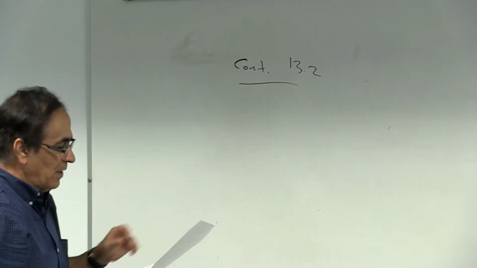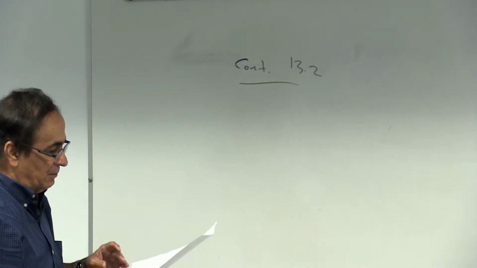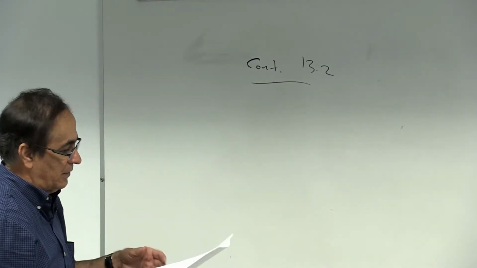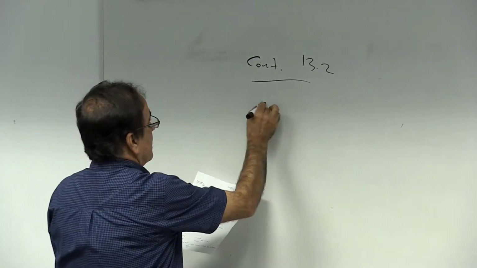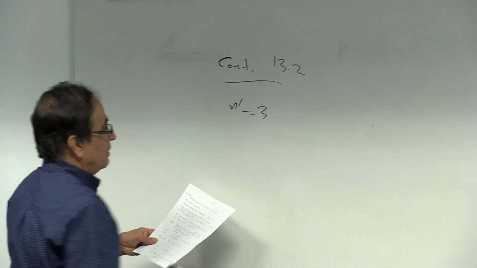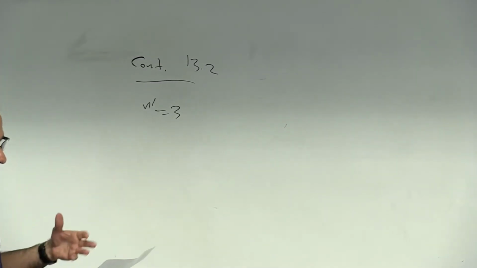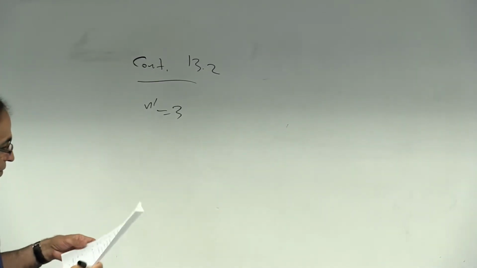If we use n prime equal 2, we get a negative number. We'll try to give n prime a different number to see what we're going to get. So I'm going to give in the next guess 3 periods. I'm going to substitute in the equation for payback period and see what number I'm going to get. So we're going to have